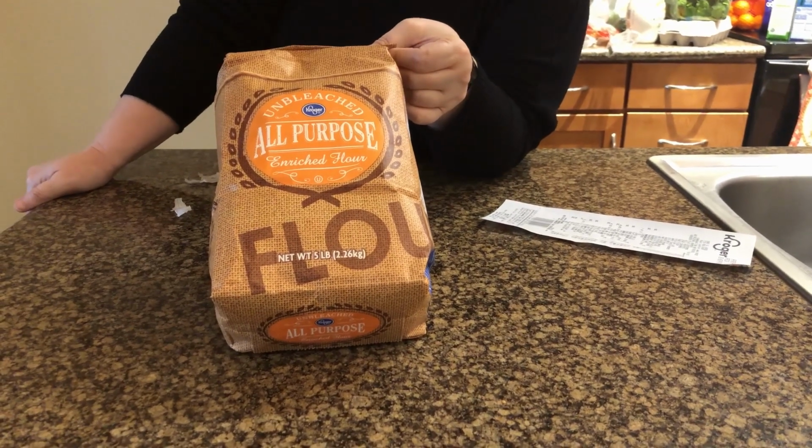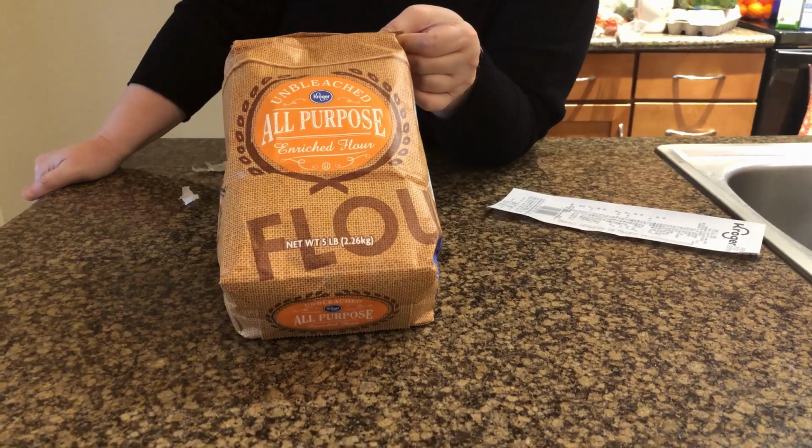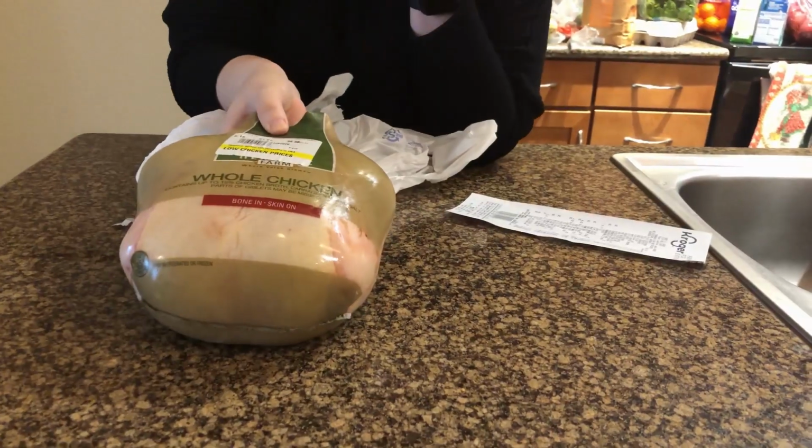Obviously, bleached flour means that they're making it white, but it's bleached. So unbleached is better for you. We bought a whole chicken, and